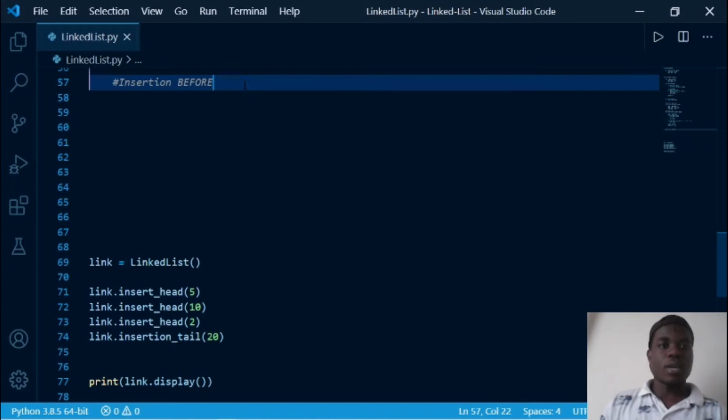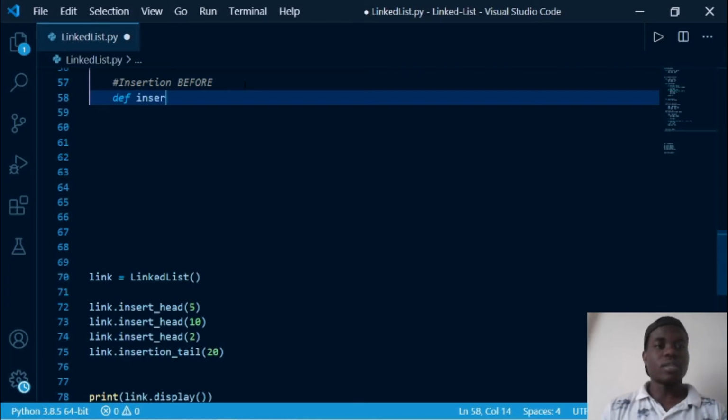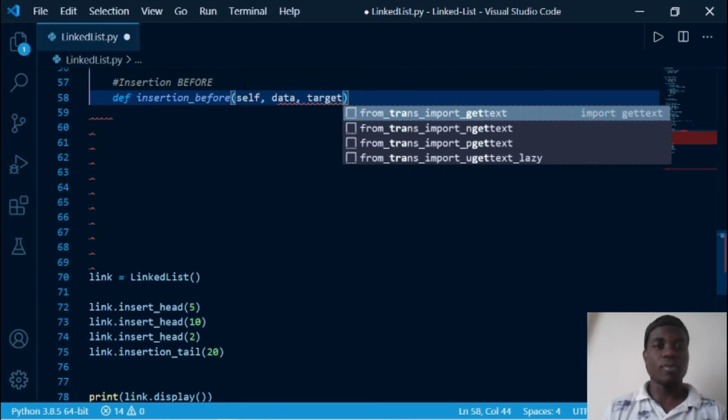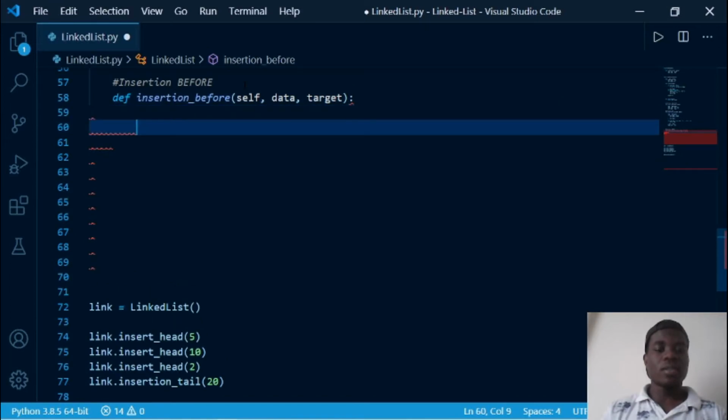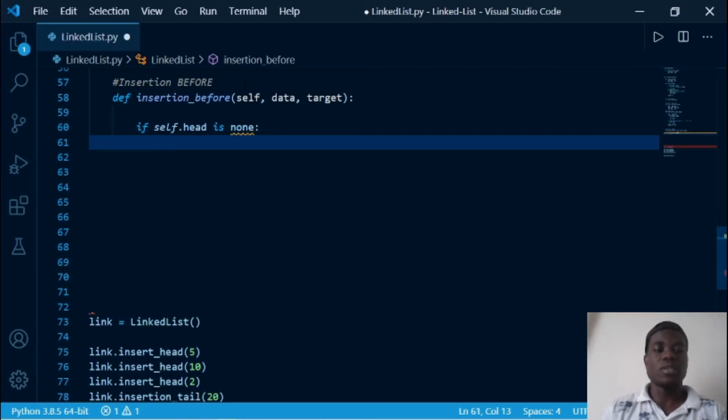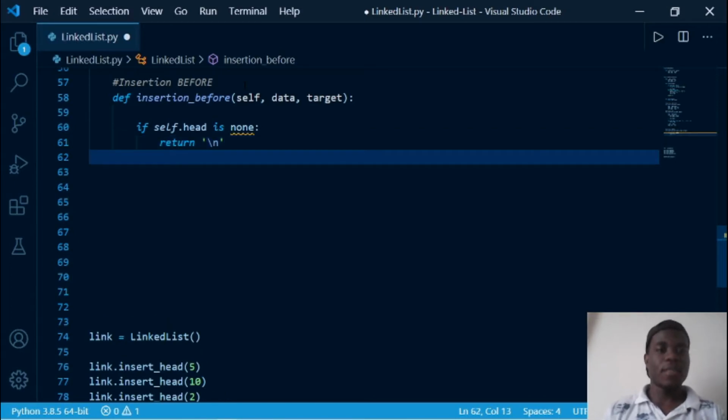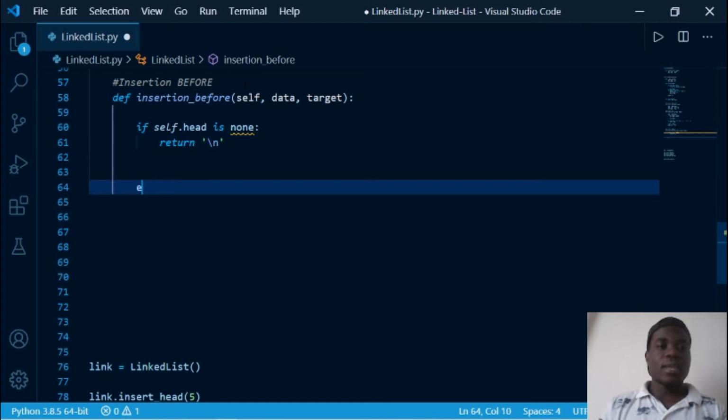Okay, so now that we're here in our text editor, now let's look at this insertion before. So we then say find insertion before, and then we need to take in self, and then we need to take in the data, we need to take in the target element that we want to insert before. So this is all that we need. So now there's a few checks that we need. So if self.head is none, so we know that we cannot insert anything if it is none, because there's nothing that you can insert before. So we just say that, we return that. There's nothing else we can do. Then else,